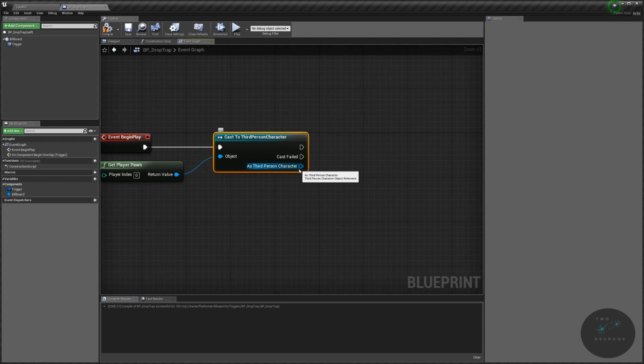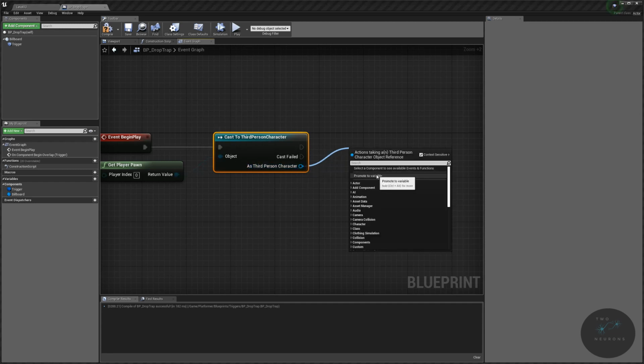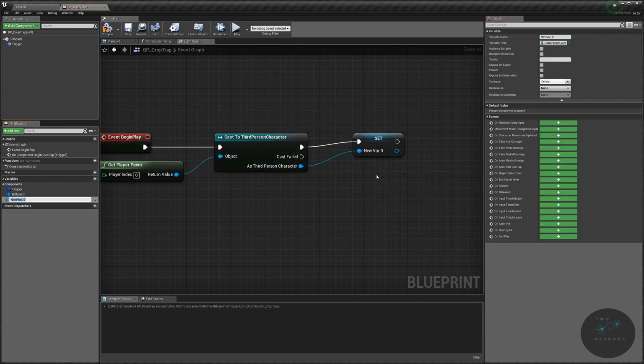So as this character, we want to create a reference to itself. So what we're going to do is drag off of here and promote to variable. And this is going to be player ref, again, for references. And again, I want this to be a little bit organized. So I'm going to highlight my player ref here, and in my categories, I'm just going to change this to